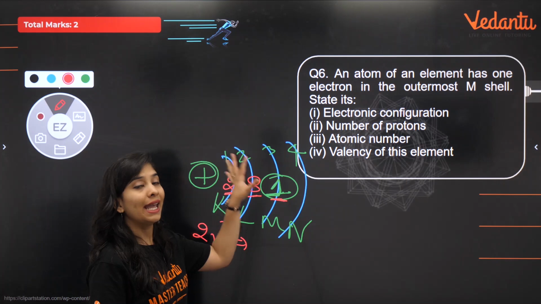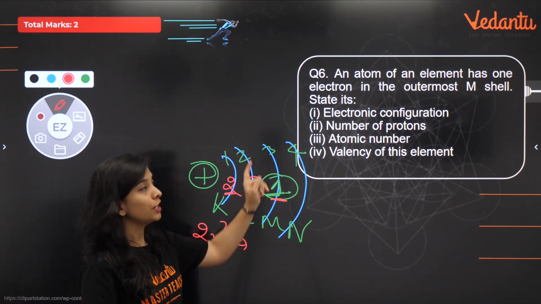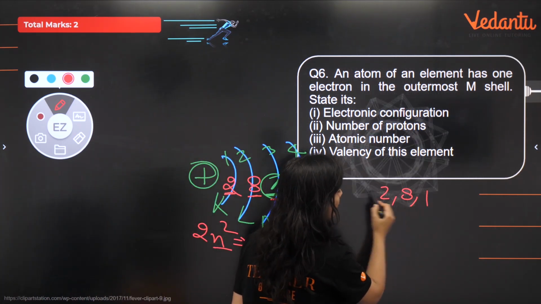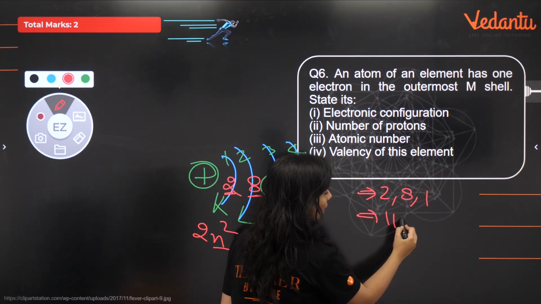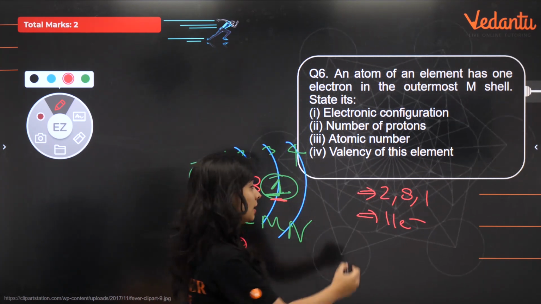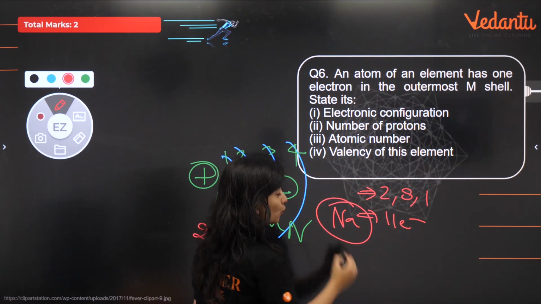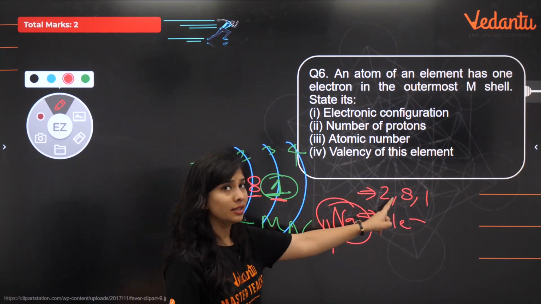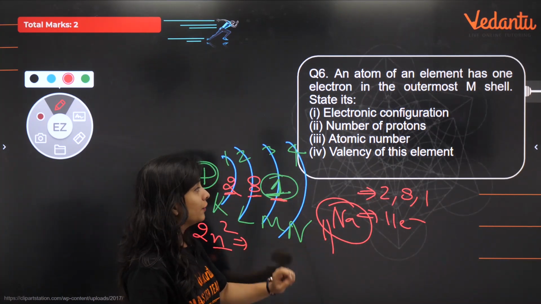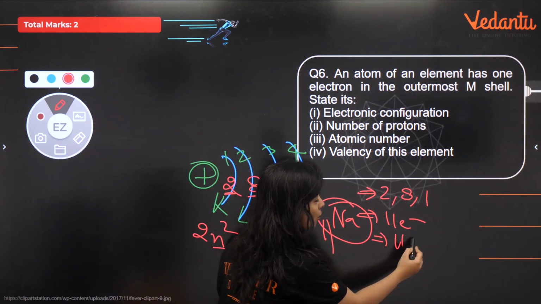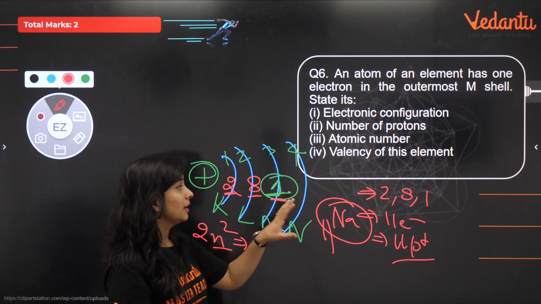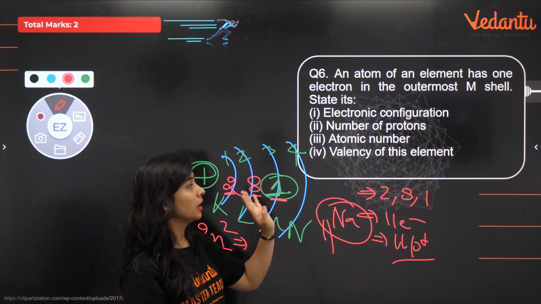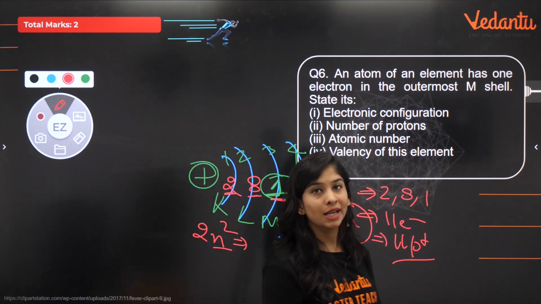So if I talk about any atom, this is the configuration given for this case, 2, 8, 1, and if I talk about this 281 configuration, तो ये किसका है? Total number of 11 electrons means 11 protons, that is your sodium. Sodium has 11 protons as 11 atomic number. So this substance was having this configuration and 11 protons. As I told you, number of electrons and protons must be same, and this substance is 11. Number of protons also represents the atomic number, and valency कितना होगा, which is also super easy to find out.